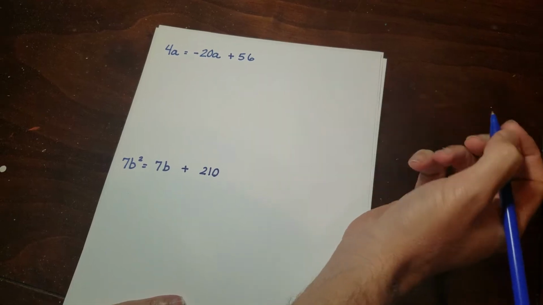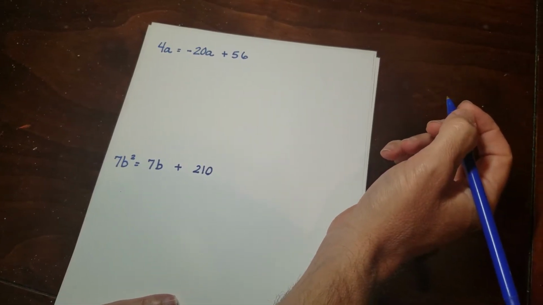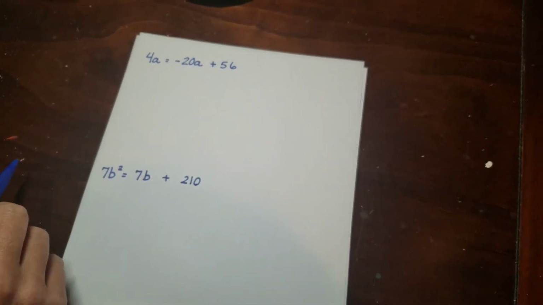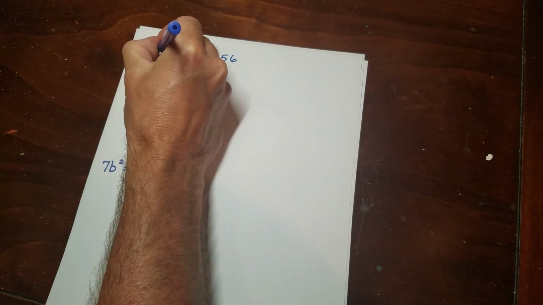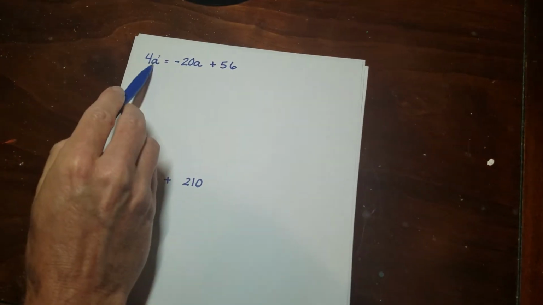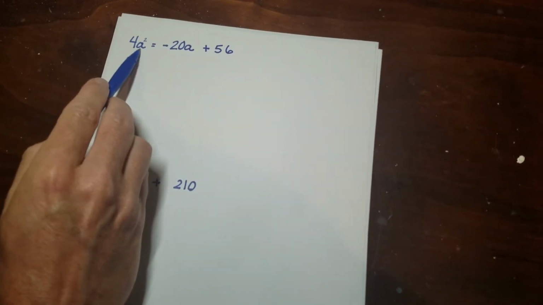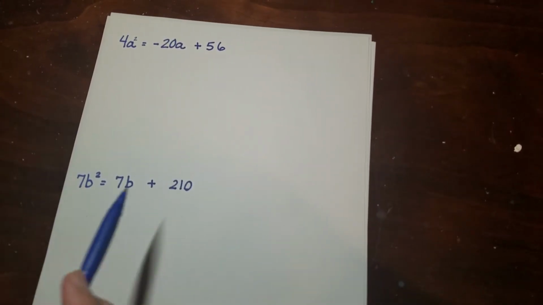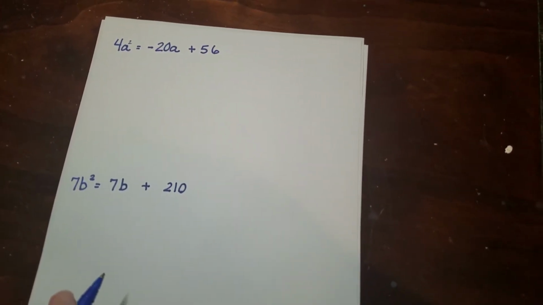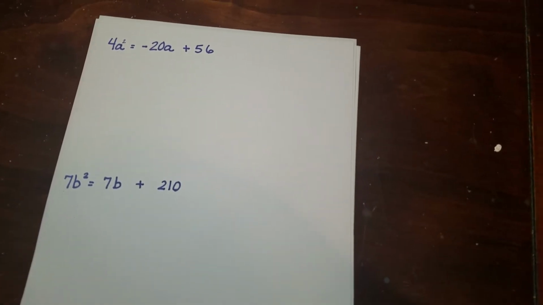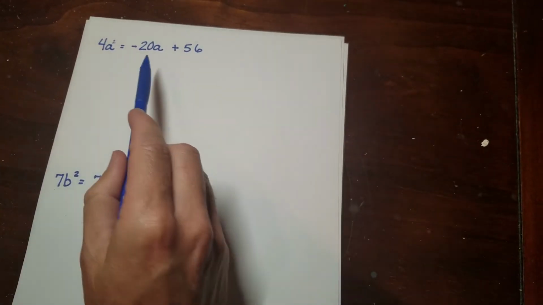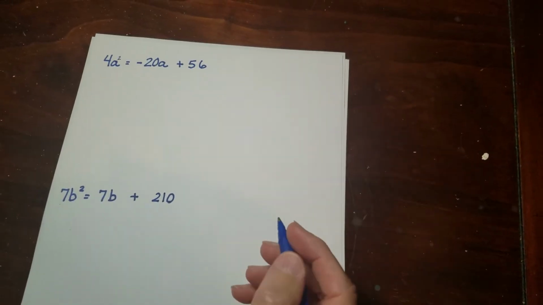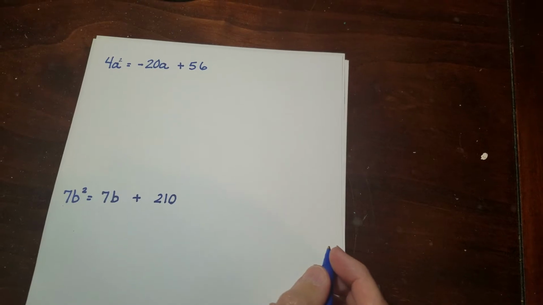Going to do the second half of the lesson. These are exactly like the ones on the last lesson, except you'll notice they're a little bit different. One, this lead term actually has a coefficient on it. This lead term here has a 4. It's not just an a squared. You'll notice this one is a 7b squared. The ones we were doing before would just have a squared, b squared, x squared. There wasn't a coefficient in front of it. The other thing that's different about these is you'll notice that they're not equal to 0. So that's two things we have to deal with, and after we do that, it's exactly like the ones we